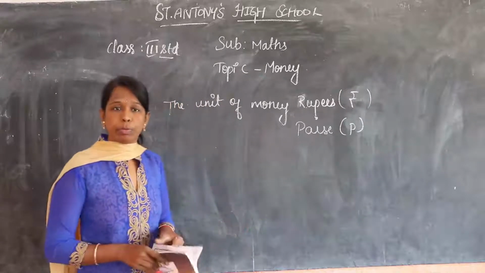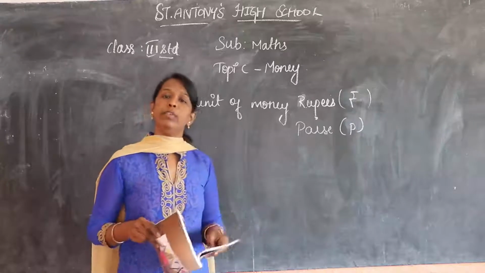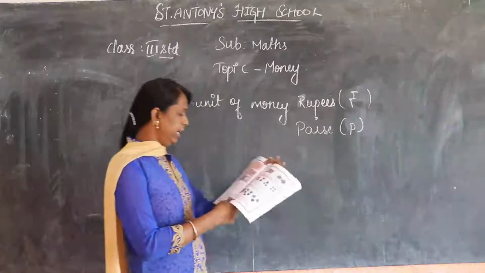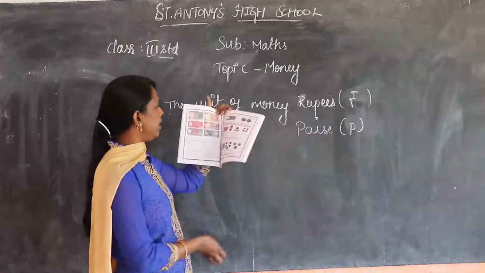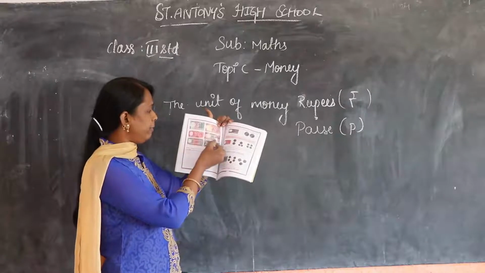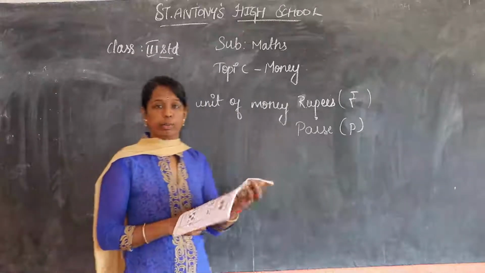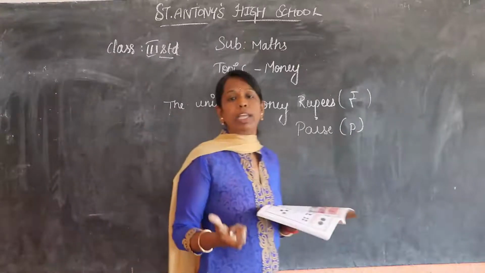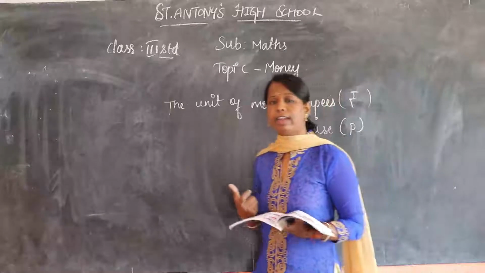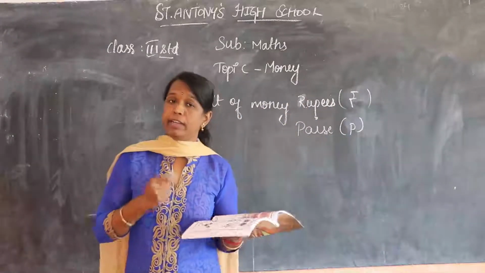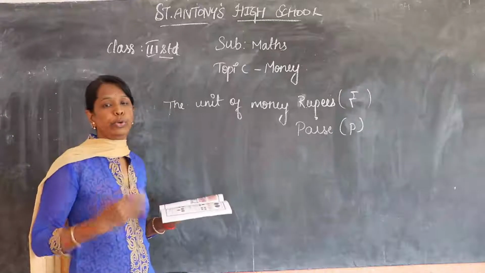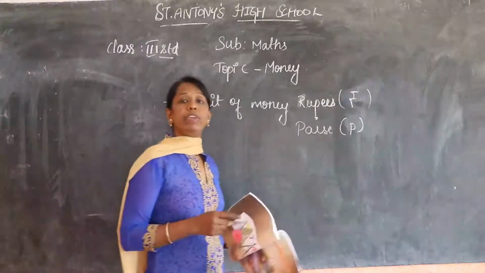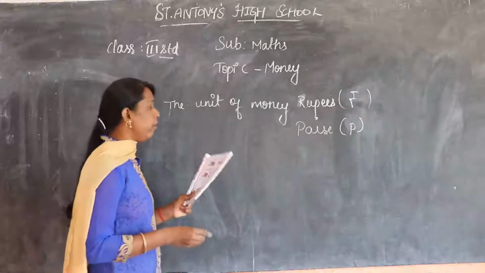You have to collect some paper notes too. Earlier we used 1 rupee. Now you are seeing 10 rupee, 20 rupee, 50 rupee notes. See on your page number 46, children: 5 rupee, 10 rupee, 20, 50, 100 and 500 rupees. In 2017 some notes were banned and some notes were newly introduced. The 500 and 1000 rupee notes were banned, and new notes of 500 and 2000 rupees were given.